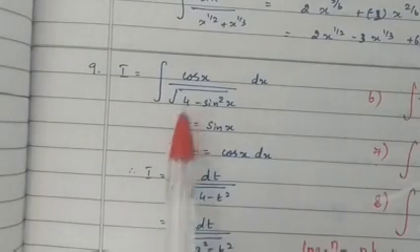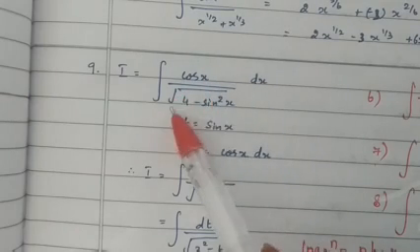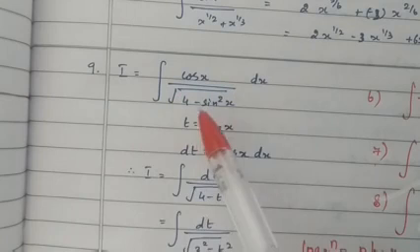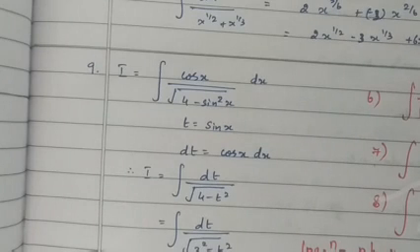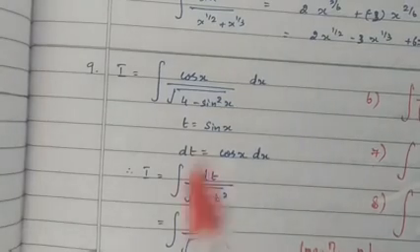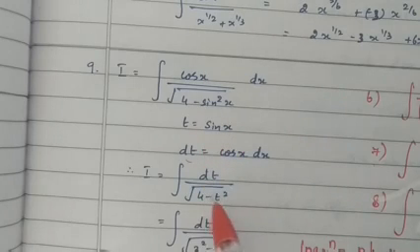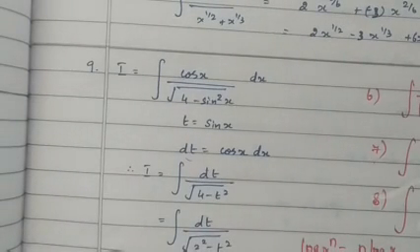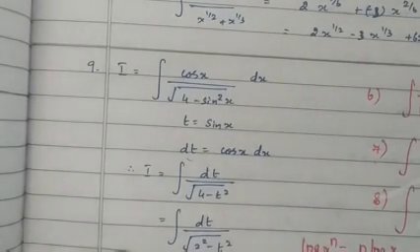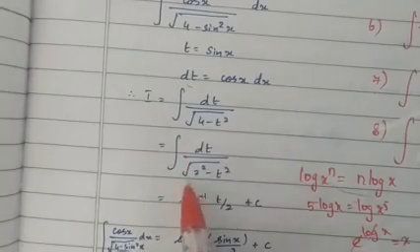This is one of the important and interesting sums which I have liked from the beginning. Integral of cos x dx divided by root of 4 minus sin squared x. Here, according to the numerator, we will take t to be sin x. Therefore, dt will be cos x dx. So in place of cos x dx you can substitute dt, and in place of sin x you can substitute t. Therefore, you will get root of 4 minus t squared. This is of the form integral of dx divided by root of a squared minus x squared, which is sin inverse of x by a. Therefore, 4 can be written as 2 squared.